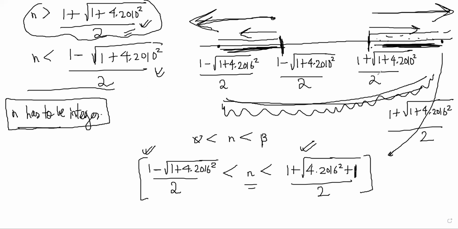One second. Half plus this, (1 plus 4 into 2010 square) by 2. Calculators and all are not allowed, no? So now we have to figure out something. It is very annoying, but I will do it, by binomial theorem again. Okay, so you will be slightly clueless right now. I'll just show you how to do this part. How many integers are here?